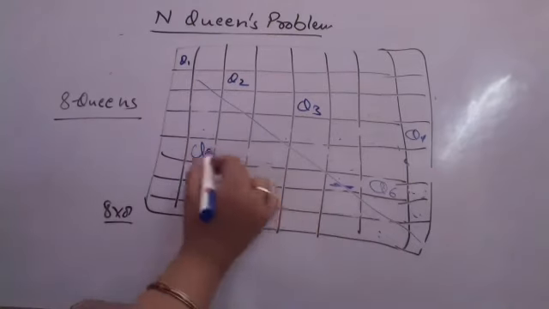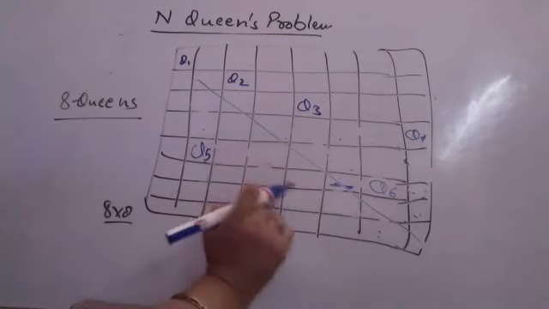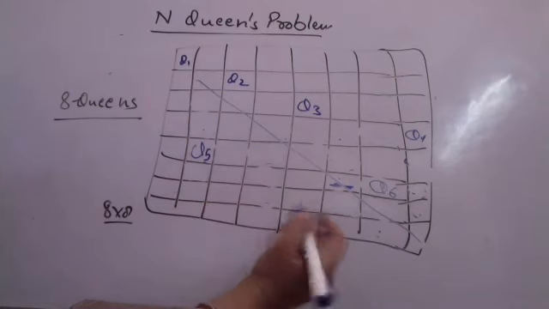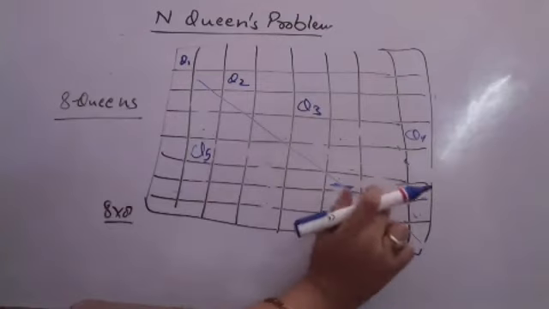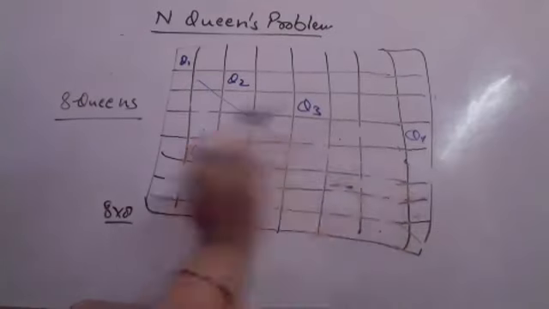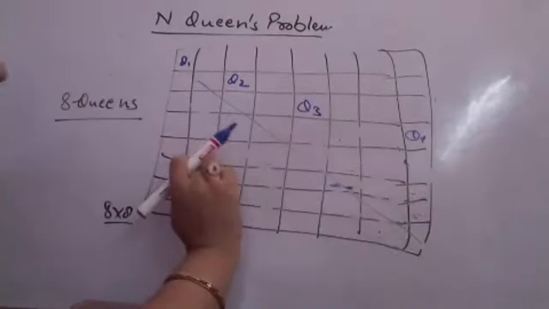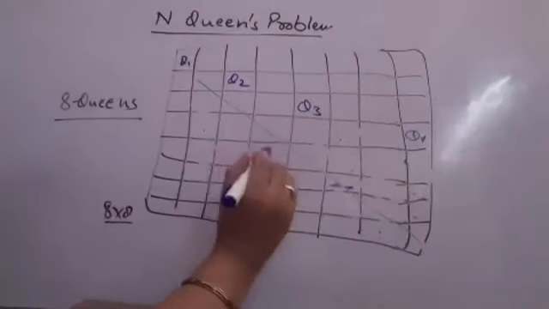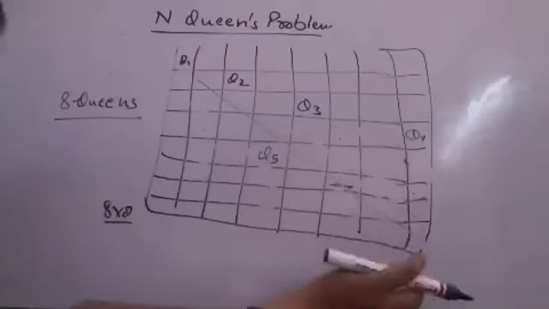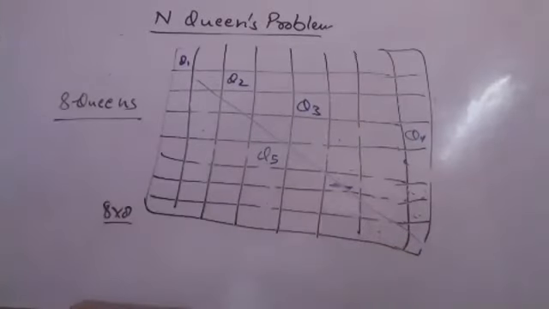But it is in direct attack from queen 5. This is not possible. Again check another position here. Queen 7 not possible. कोई position possible नहीं. No more position for queen 6 possible. Change further position for queen 5. Cannot be put here. Can be put here. Again keep on checking the solution and keep on backtracking.